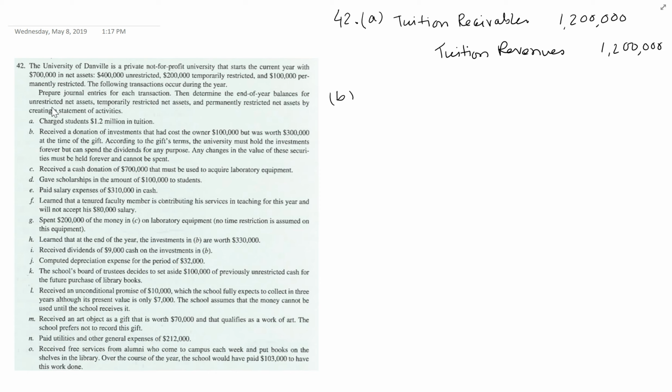So they have to debit investments and they have to credit permanently restricted net assets, and this permanently restricted portion is increasing because of this gift or contribution. And remember, whenever you record investments or any type of gift which is in a form of physical assets, plant, property, equipment, land, you have to record as per their fair value. So we're going to record this investment as per the fair value, which is $300,000. So we will debit investment